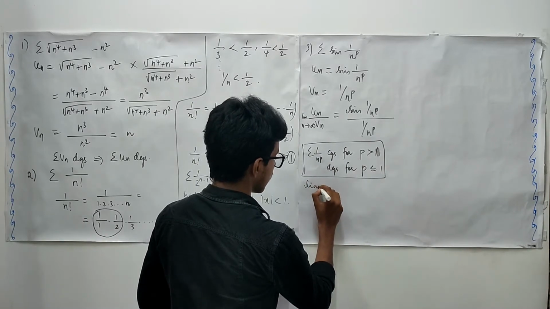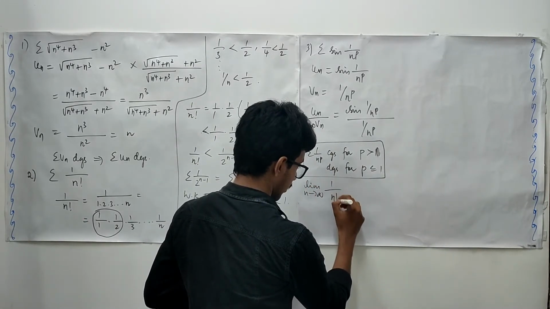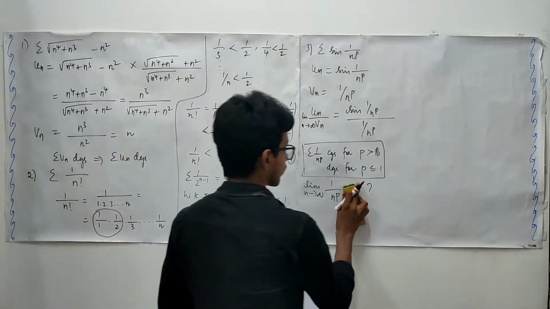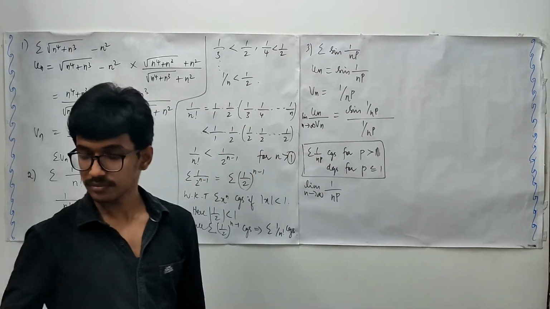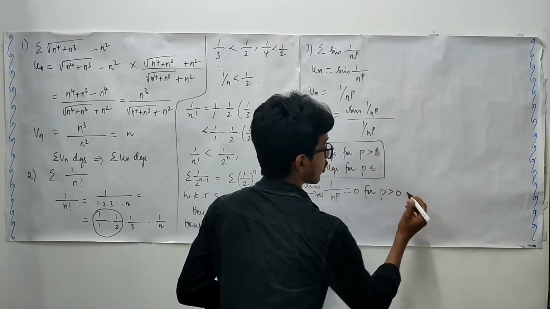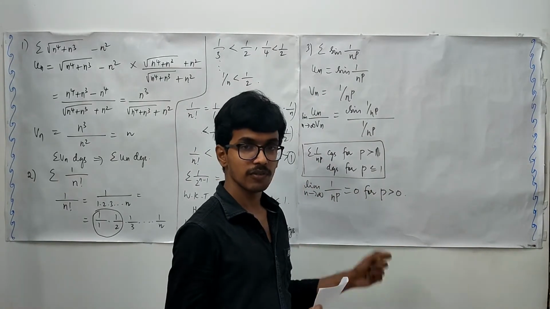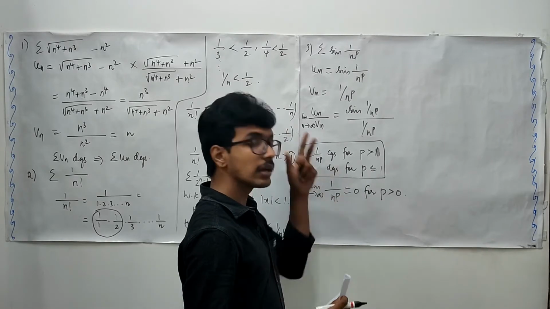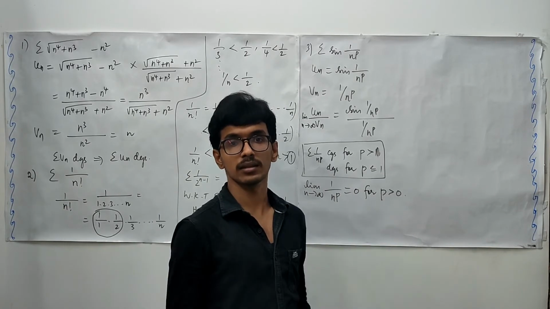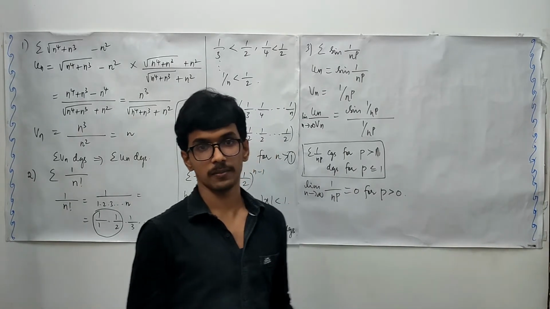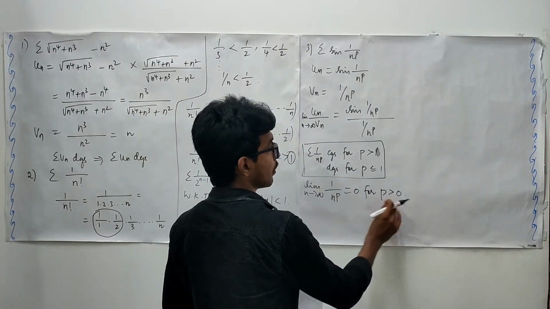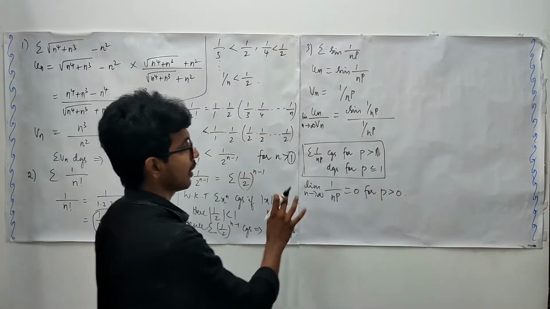Now as limit n approaches infinity, 1 upon n power p approaches what? That is the question here. Can we say it is 0? It is 0 for p bigger than 0. If your p is 0, this becomes 1. If your p is smaller than 0, this quantity will come to the numerator and hence you cannot certainly say this is 0 or something else, or sometimes infinity. Only for p bigger than 0 this is going to happen.